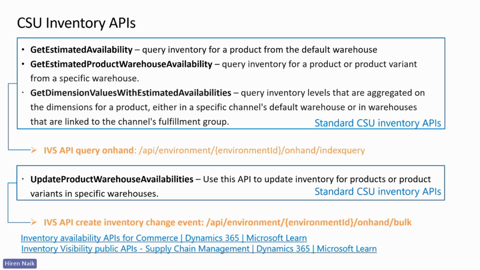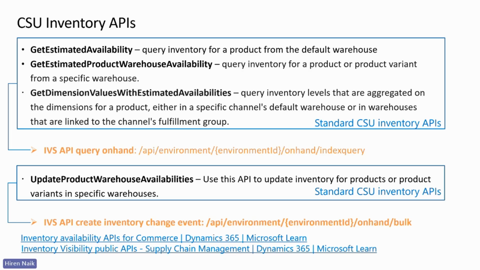In order to adjust the inventory on hand, meaning that you want to update the inventory or adjust the inventory, you will use the update product warehouse availabilities, right? You can use this API to update inventory for products or product variants in a specific warehouse. And behind the scene, it will use the on-hand bulk API, which is like a default API from IVS, right? So based on all the parameters you provide for update product warehouse availabilities, it will translate into the schema which is understood by